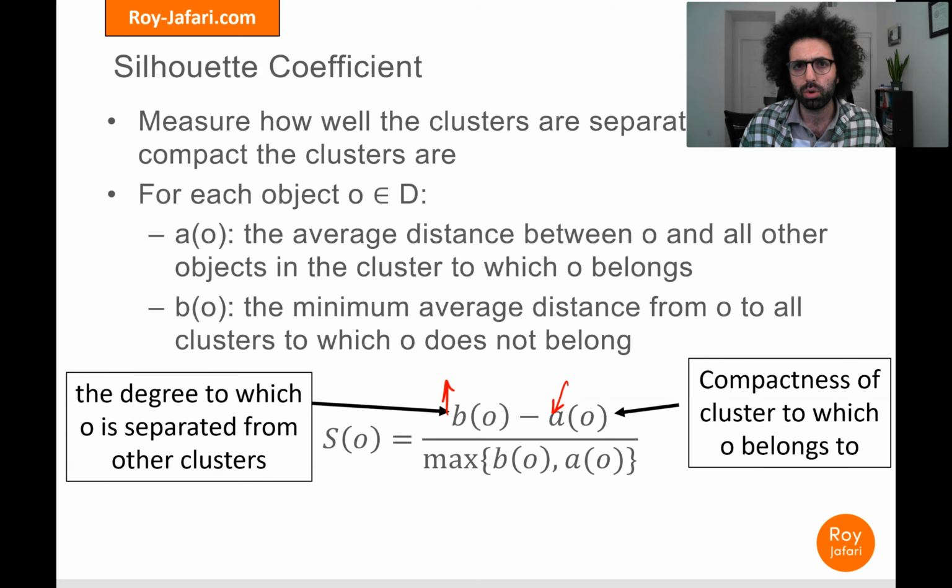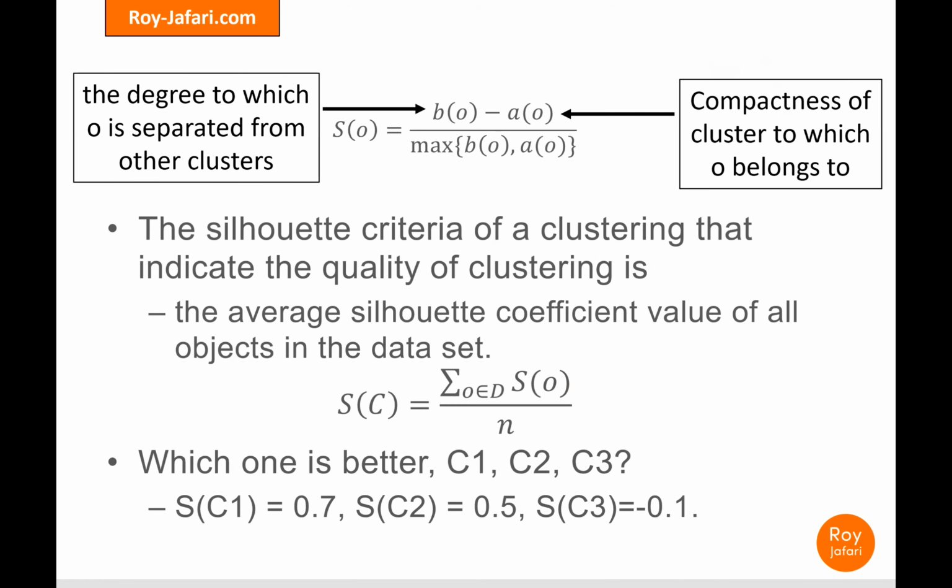So how do we come to one number? Every data object has one silhouette coefficient. How do we come to just one number so we can evaluate the whole clustering? The easiest way to go about this is to take the average of the silhouette coefficients of all of your data objects, and that gives you one number that can be compared with another clustering's silhouette, which is the average of the silhouette scores of all of the data objects for the same data set. And of course, the higher the silhouette, the better.